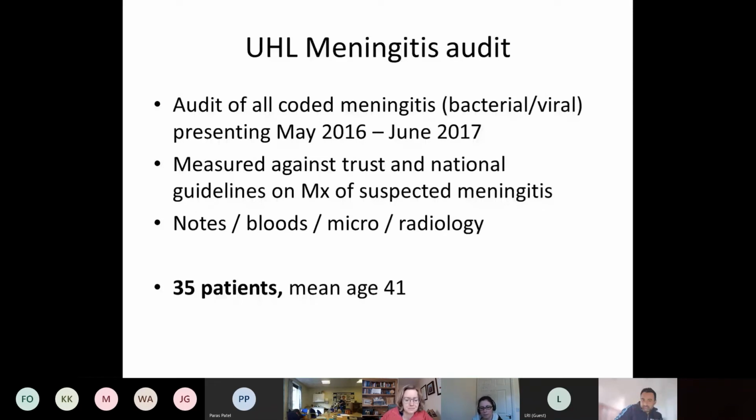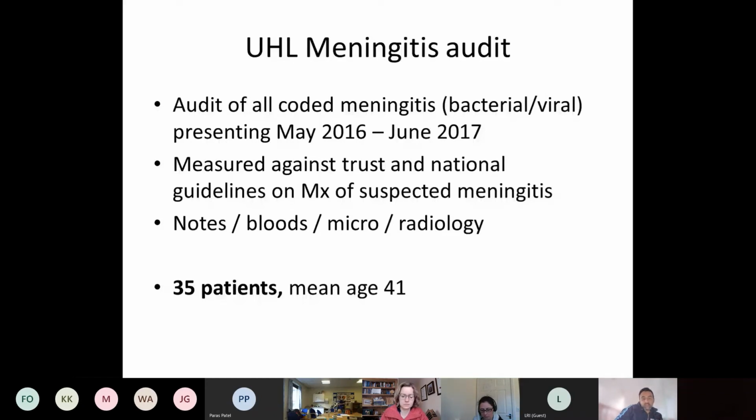Okay, so we thought we'd look at an audit of how well we do things at UHL. It's a few years old, so it's worth repeating actually. And we measured meningitis diagnosis, both bacterial and viral, presenting over about a year against the trust and national guidelines